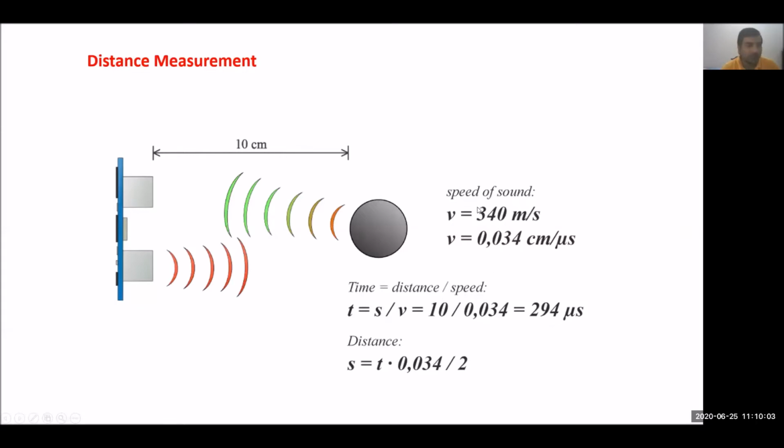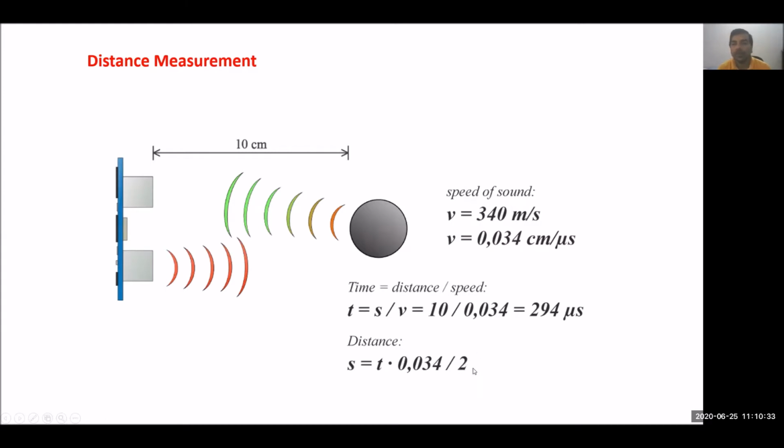The speed of sound is around 340 meters per second, and if you calculate in terms of centimeters, it comes to 0.034 centimeters per microsecond, and then you can calculate the time. Similarly, the distance will be time multiplied by 0.034 divided by 2.